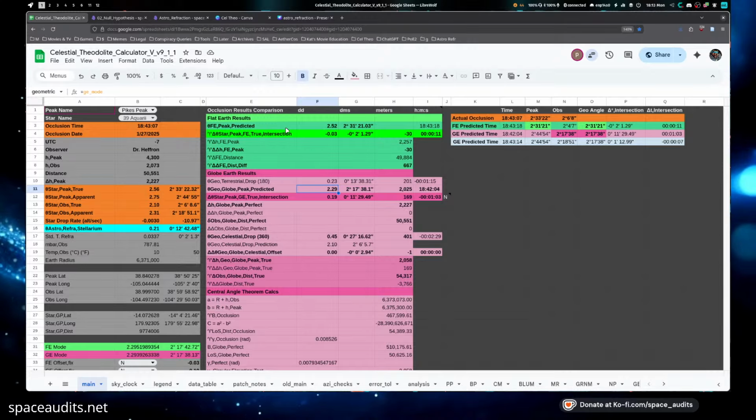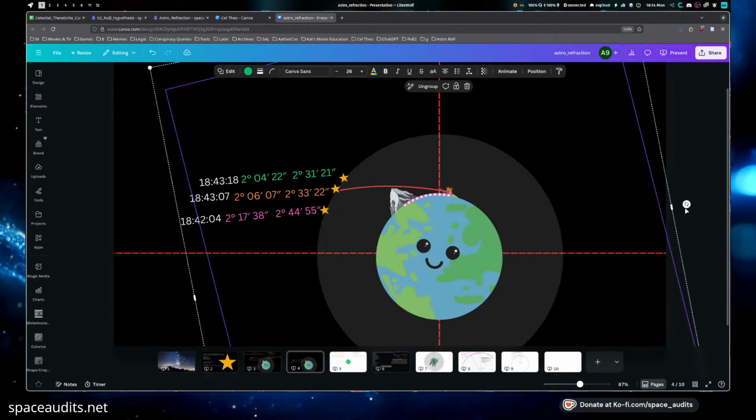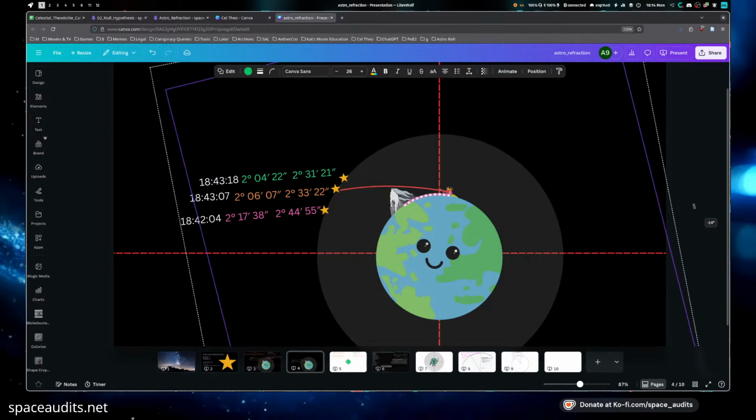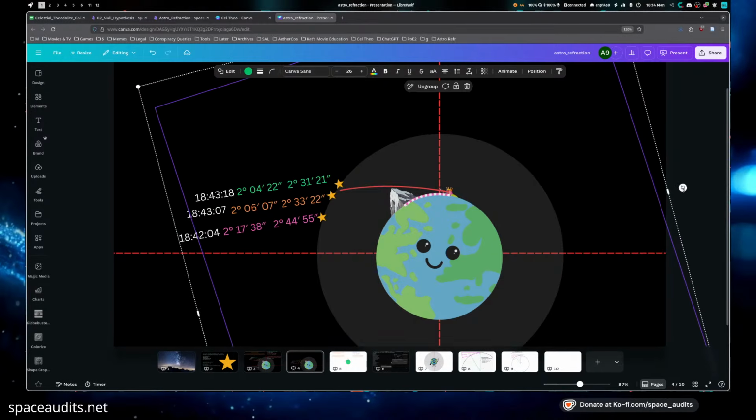Okay, well, we take our predicted elevation angle and we subtract it from the true position of the star at the peak. And that gives us a difference of 2 arc minutes. And that also converts into 11 seconds. So we were 11 seconds off the measure of our prediction. So in 11 more seconds, that's what it would have had, the perfect geometric alignment. Now, we're not even going to get into what could cause the offsets or anything like that right now. Right now, we're just looking at the raw time.